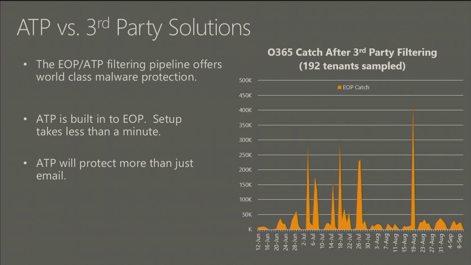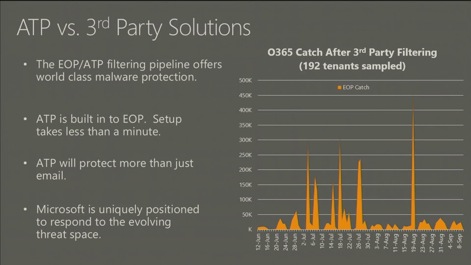So the other thing is, right now, as it stands today, ATP is for email. It's protection for email, but we're changing that. We're expanding ATP into other workloads and into clients to give you protection all across O365. And I firmly believe that Microsoft is uniquely positioned to respond to today's threat environment. And that's because, like I was talking about earlier,